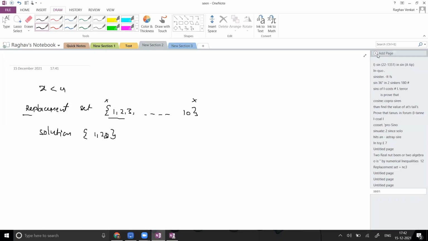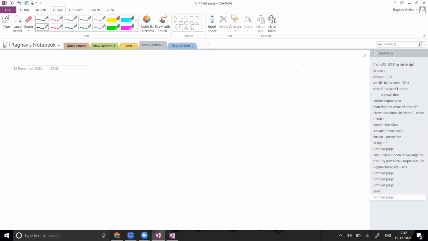Now coming to the actual thing. How to solve linear inequalities? Procedures to solve linear inequalities. It's very simple. I will start with some examples to understand with equalities. Suppose I am taking 2 plus 2 is equal to 4, correct?